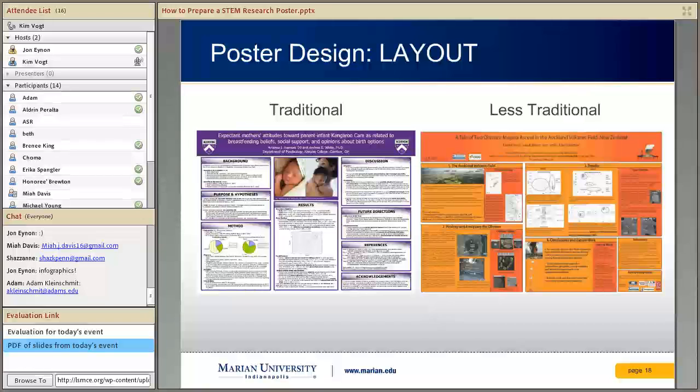So if you look at these two posters, first of all, the one on the left is more of a traditional layout where we have the background leading to the purpose or hypotheses. Sometimes those may all be in one introduction, and then that leads to our materials and methods, which then leads to our results, and then that leads to our discussion, future directions, which may also be included in your discussion, references, and acknowledgments. But a nice flow for the eye